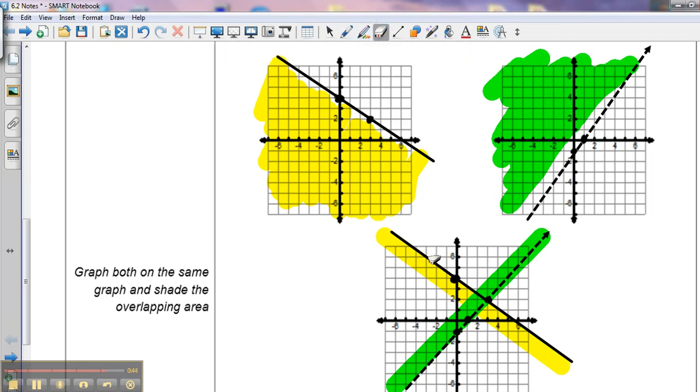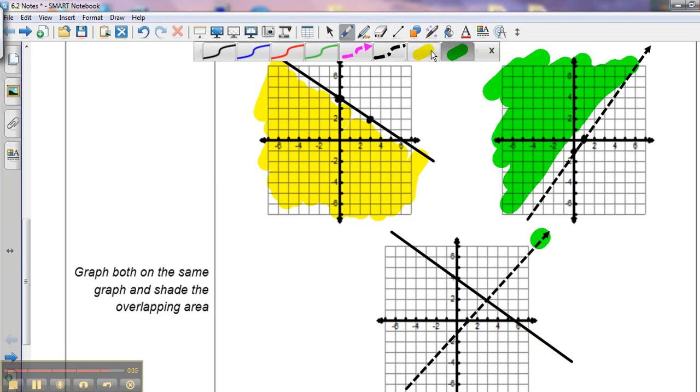So what I'm going to do is I'm going to erase this. And we're going to shade in that little part where they overlapped, which is right in here. Okay. And that's our answer to our inequality. So all our graphs should look just like that. Okay. So now that's our first one. All right. Look at the second